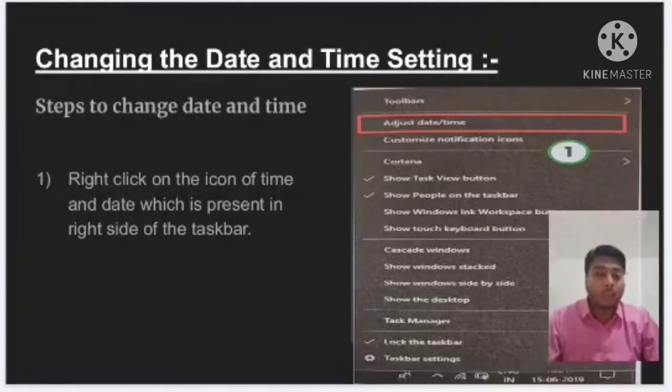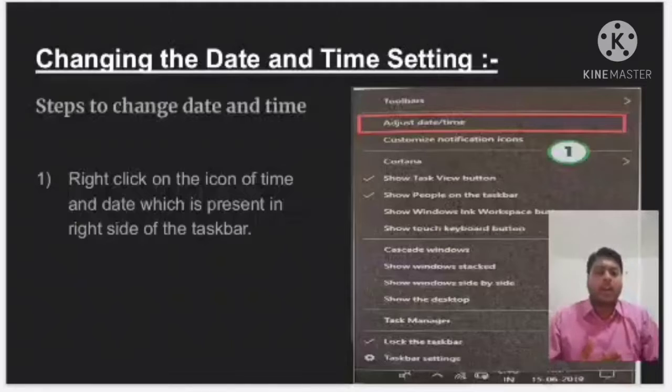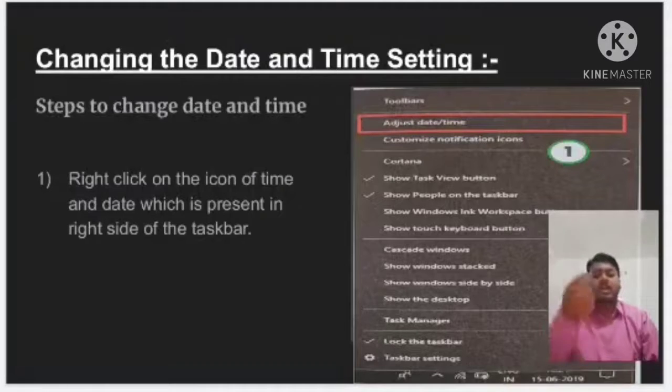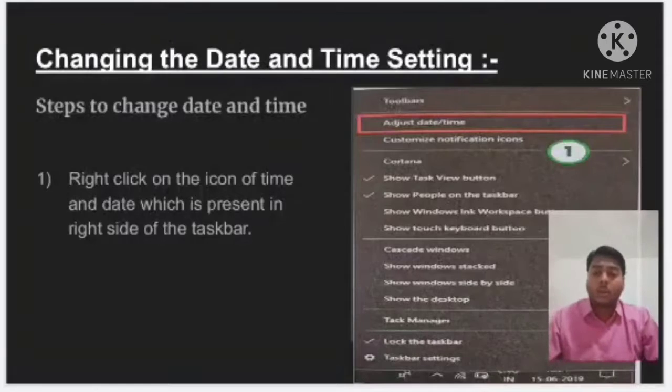And one more thing is very important, like when I ask you a question, like how to change date and time. Okay, I name a student, one student, please tell me the answer. But another student only asks me the question and doesn't give any answer. So I only clear the doubt of the student who has learned all this topic.